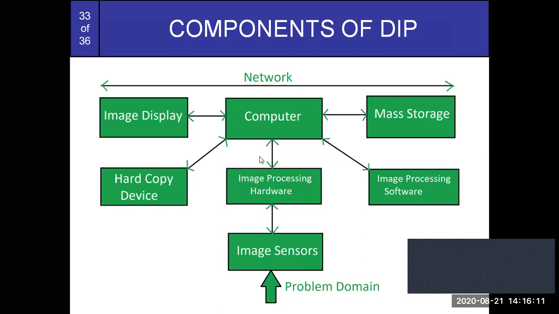So next, image processing software. Along with your hardware, we are also using different types of software, MATLAB, computer vision software, and some others. There are different software packages, and those are also connected to your computer. Okay. Next one, mass storage. The name itself indicates mass storage. All the images you captured, after processing or before processing, are stored in this mass storage.